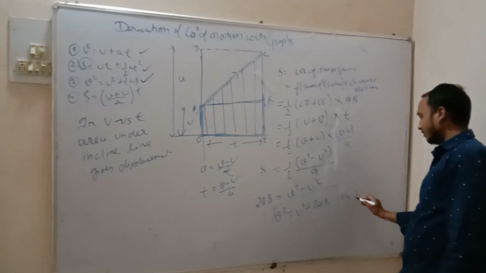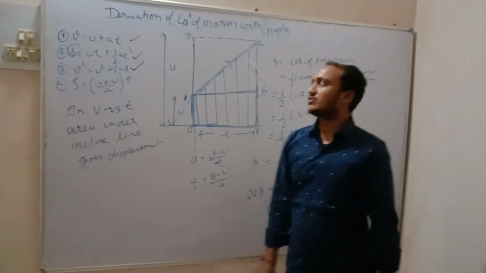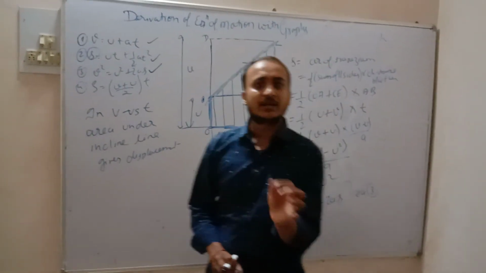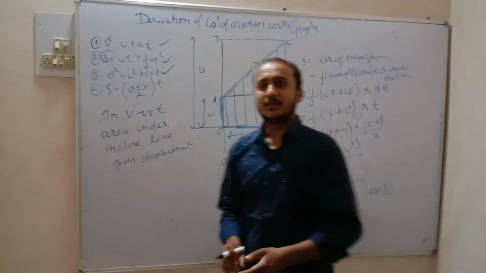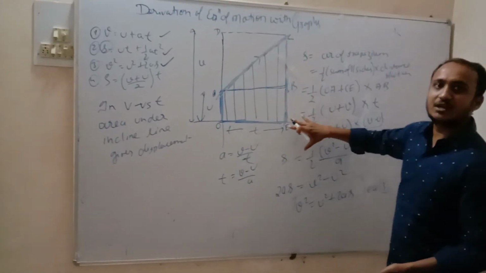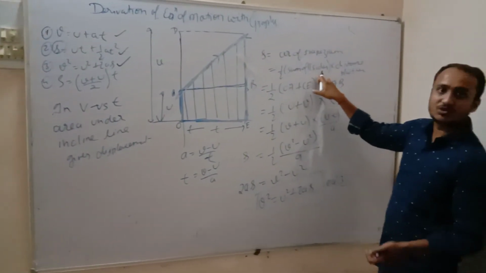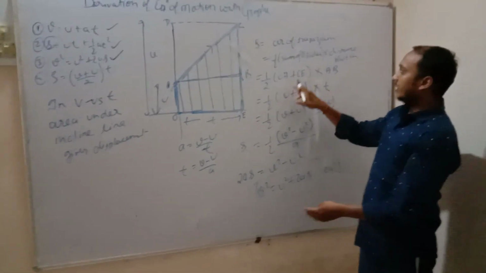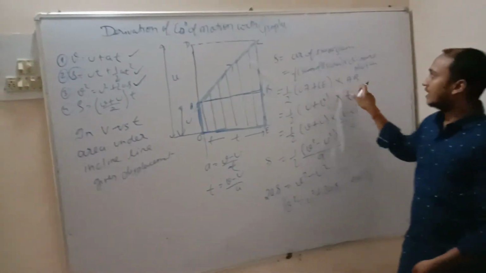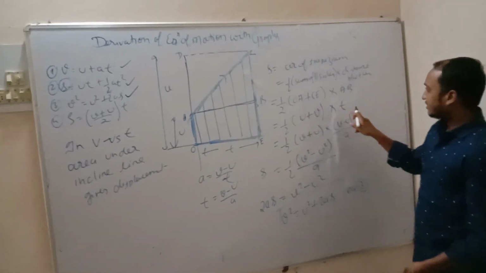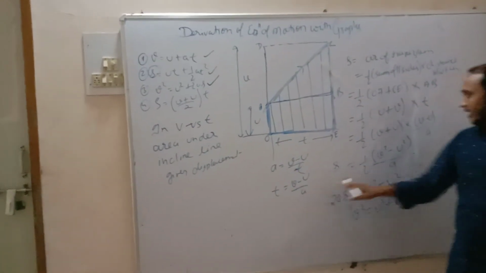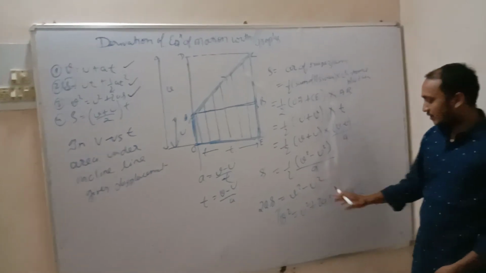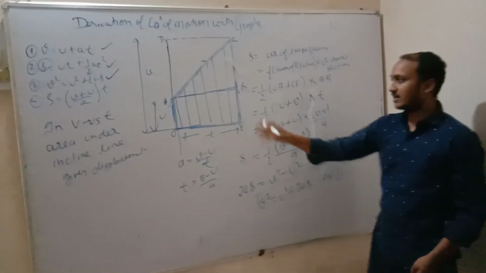So this is equation number 3: V square equals U square plus 2AS. Again friends, I am telling what displacement is: the area under the inclined line. Here the area under the inclined line is a trapezium, which is half into sum of parallel sides into distance between them. Parallel sides are OA and CE. OA is U, CE is V, and AB is T. We can write T as V minus U by A. So A plus B, A minus B is A square minus B square. So shifting the value and cross multiplying, we get the third equation.